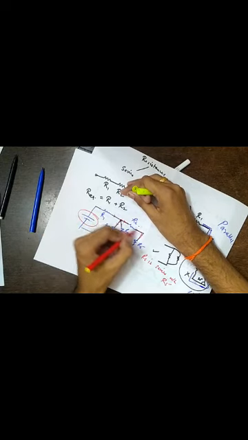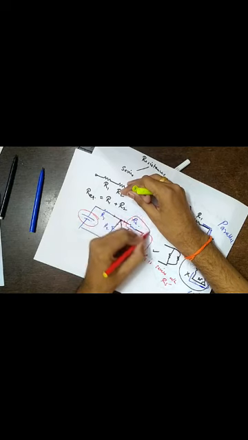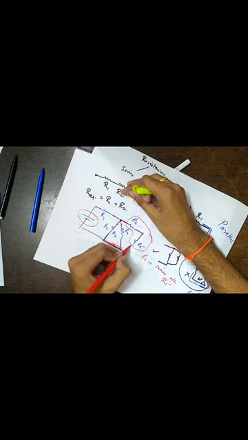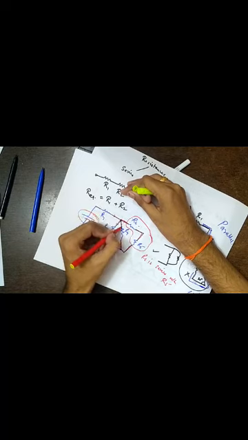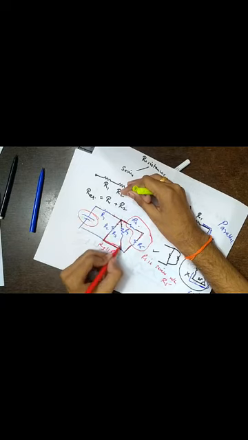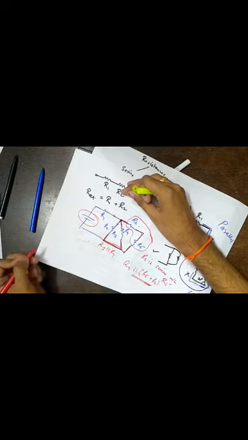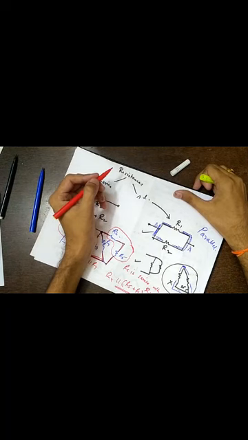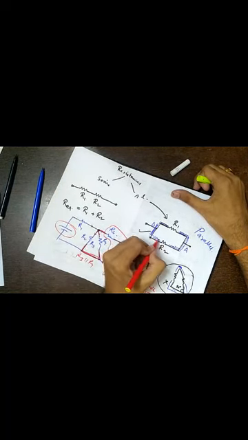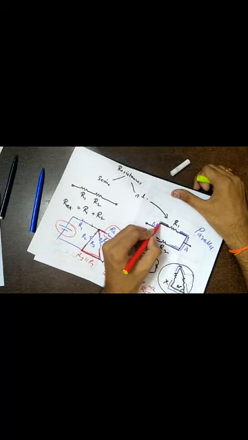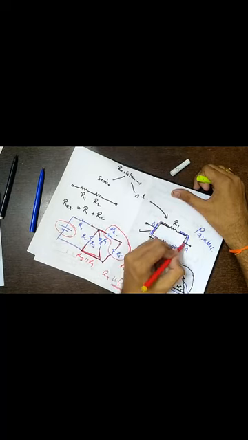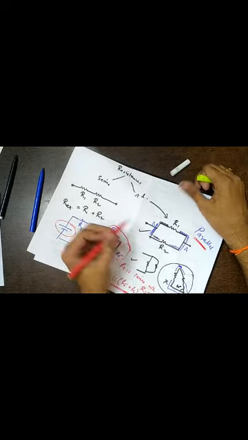Now you can replace this by a single resistor. So it will be R5 plus R6. So consider these two terminals of the combination. This terminal and this terminal is connected to this common point. This terminal and this terminal is connected to this common point. So R4 is parallel with the series combination of R5 and R6. So this is very important. Always remember, a resistance is said to be in parallel when one of the terminals of each resistor is connected to one common point and the other terminals are connected to another common point, then only they are said to be in parallel.